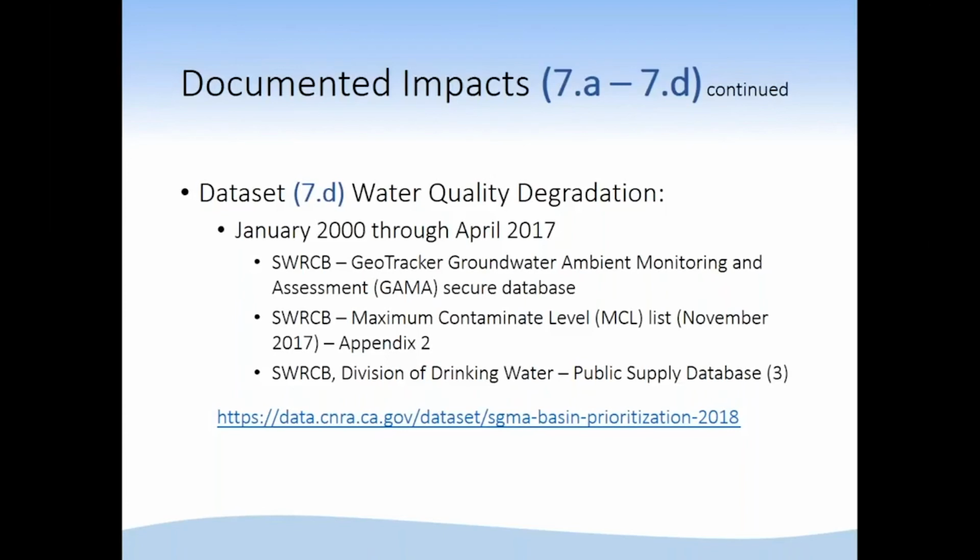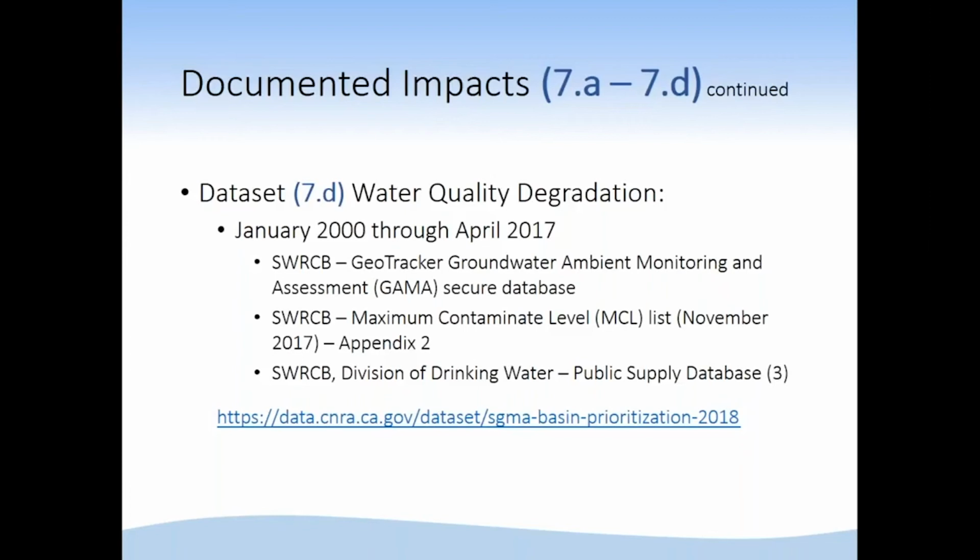This too was broken into two categories. The first part was basically to determine the magnitude, or the MCL exceedance number. So if the MCL was 10 parts per million and you were at 100, that was a 10x exceedance. Basically, for all the different components that were detected and exceeded in that basin, we calculated that magnitude factor and then averaged them to come up with an average MCL exceedance, and then we applied it to a breakpoint system.